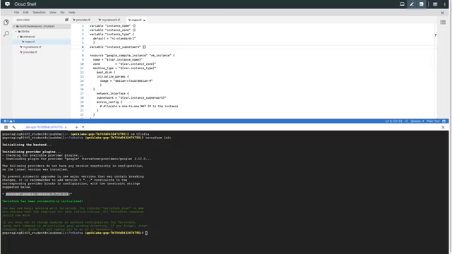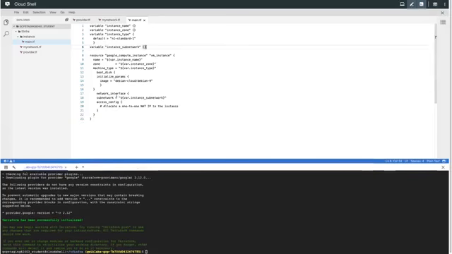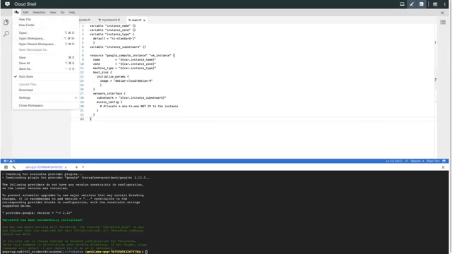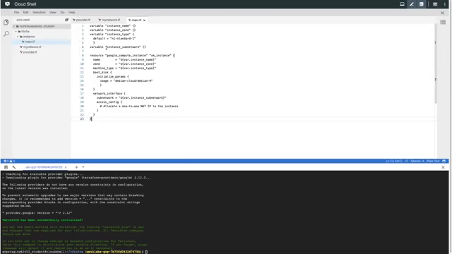So now I'm just going to verify that my configuration, or I should say this module, looks exactly like the lab instructions, and that is true. So now I can go on and save this. And the next thing we need to do is we've defined the module, but now we need to use the